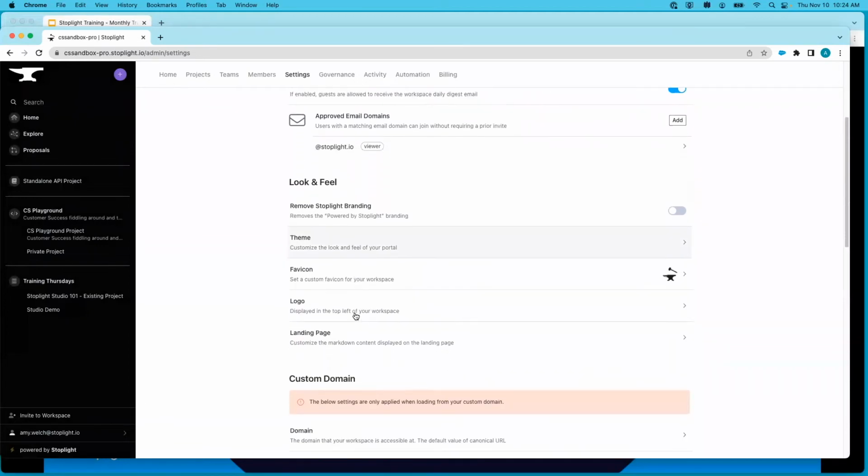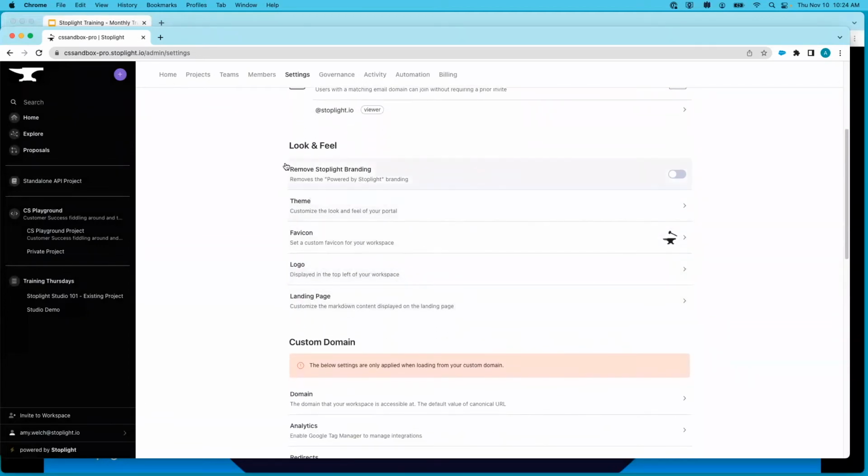So moving on to this second section here is our look and feel. For starters, based on your plan, you may have the ability to remove Stoplight branding. If I turn off our Stoplight branding, you'll see that the Stoplight branding was removed from my browser tab, as well as from the bottom left-hand corner of my workspace. If I turn that back on, you can watch it come back. There you can see we're powered by Stoplight, and the Stoplight branding has been added to our browser tab